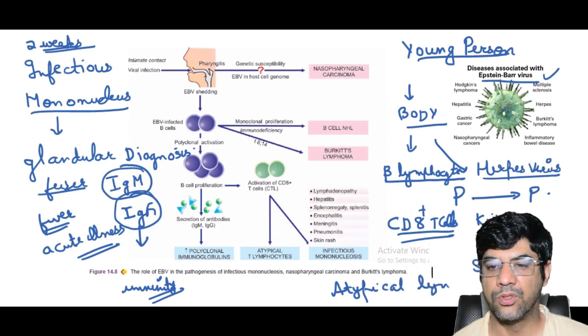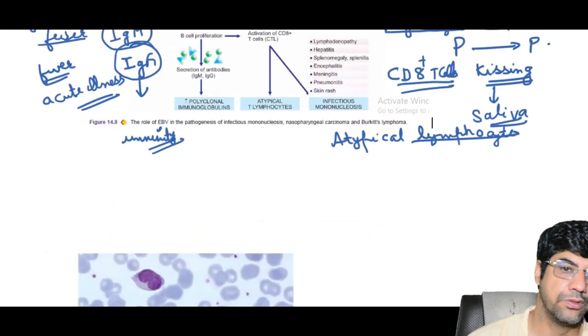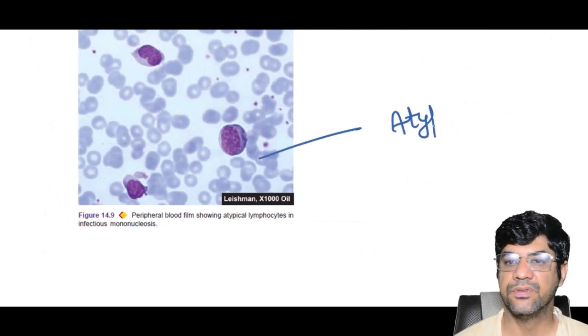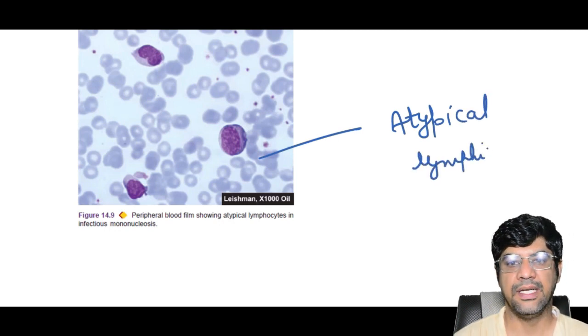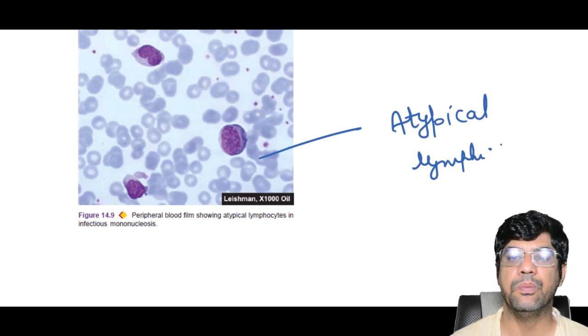That would also give you a clue regarding the diagnosis. So these cytotoxic T cells would kill the infected B cells, which leads to the presence of atypical lymphocytes